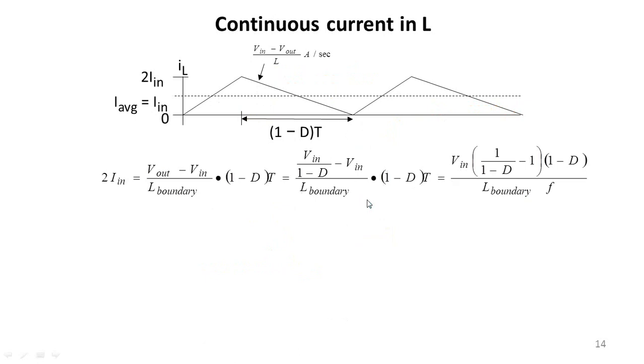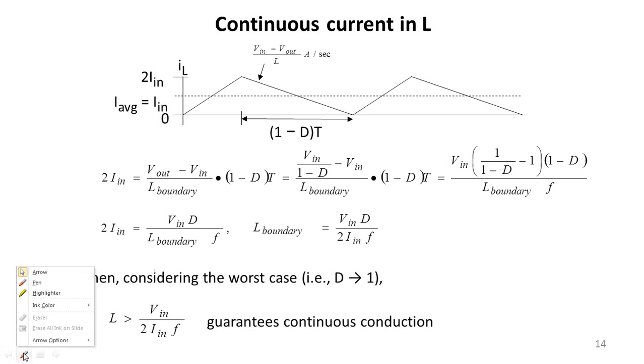Now, these are methods for continuous current. When the inductor current starts from 0 and ends at 0, this is continuous. When the inductor current goes to 0 like this, it has now entered discontinuous mode. It depends on factors: the voltage ripple, the frequency, and your diode. So you have to maintain these boundary limits, the fundamental equations.